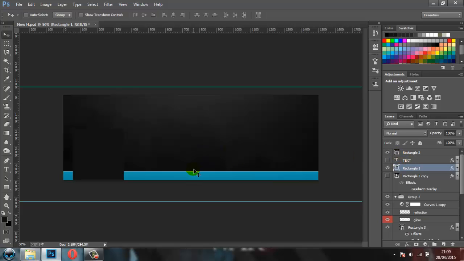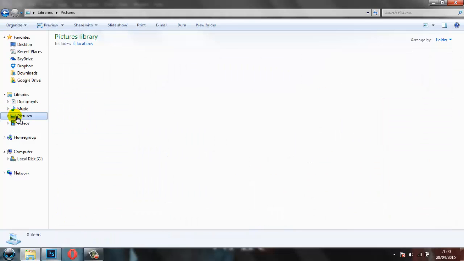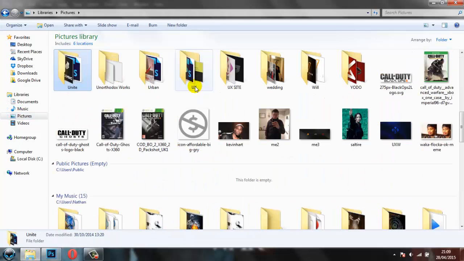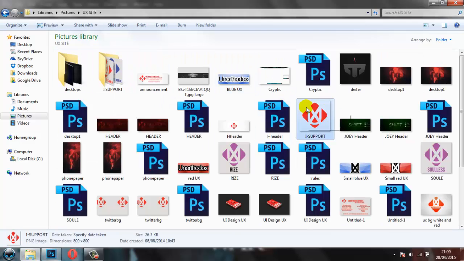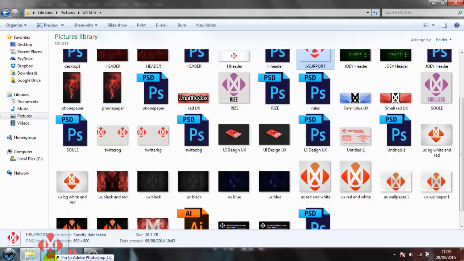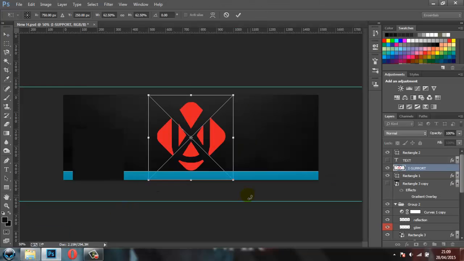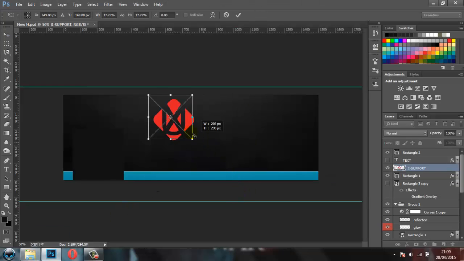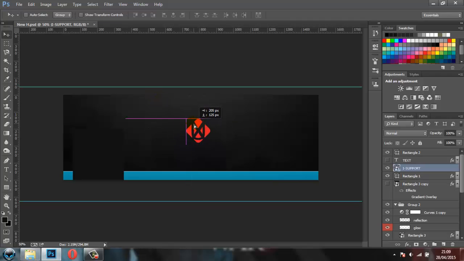So that's the top of it done. So I just need to put a logo on it now, and to put the logo on it I'm going to use an Orthodox Works logo. I'm going to go on here and get the iSupport logo, which is the one I named, and I'm going to close this up until it's about the size that I want it to be, and I'm going to put this directly in the middle of the canvas,